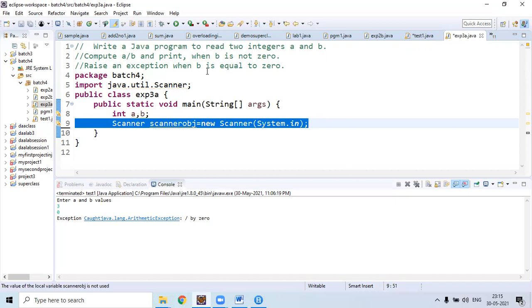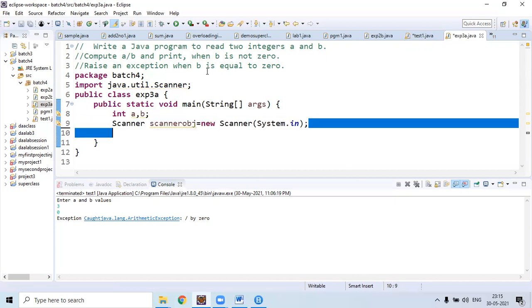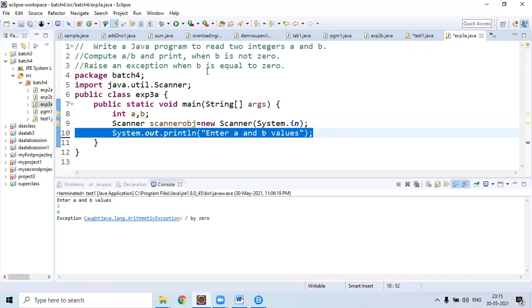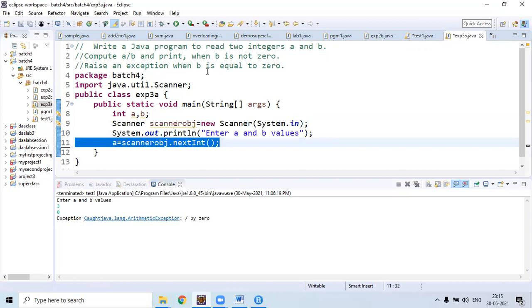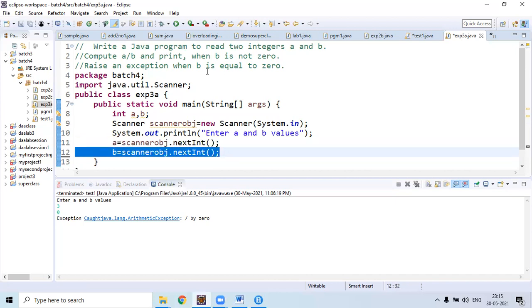Then create a scanner object for reading purpose. After that, we need to read a and b. So here we will use nextInt method present in the scanner class to read a and b.